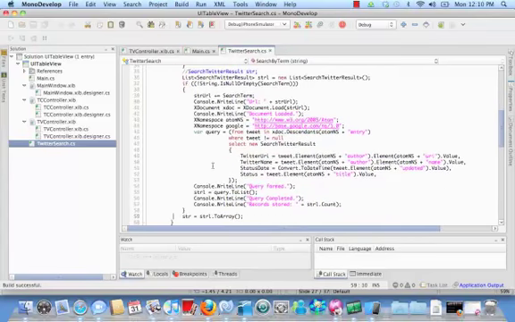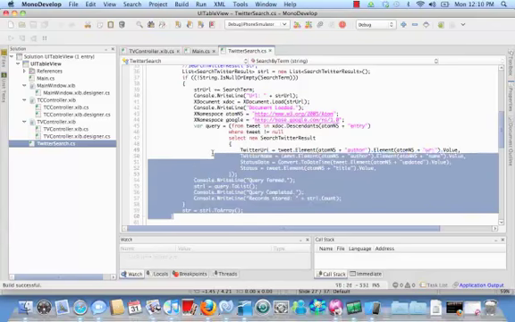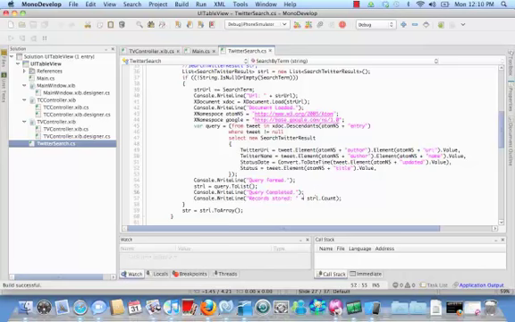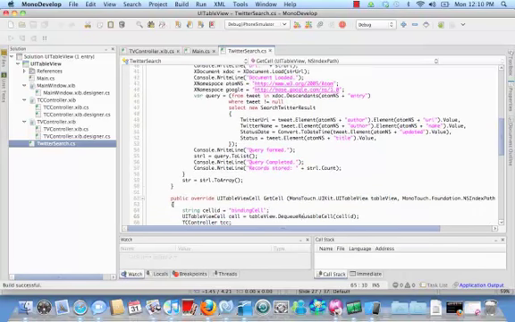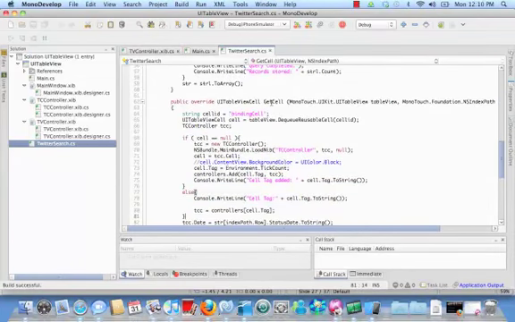Then I pull the information back, and using LINQ to XML, I can run my query and get my data back. That's all that's doing. Now, here's where some things that are a little bit different come up. I need to implement this method getCell, and it's going to take in some parameters, the UI table view that we're going to use, the index path, and we're going to use this code right here to create our cells,